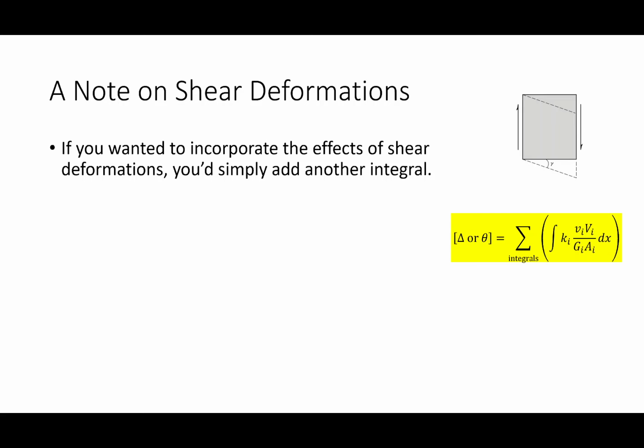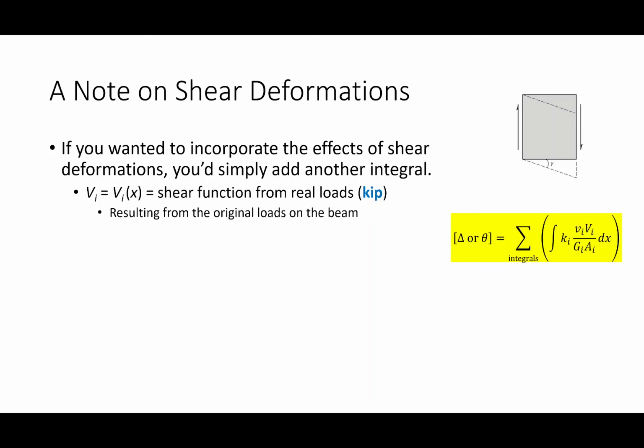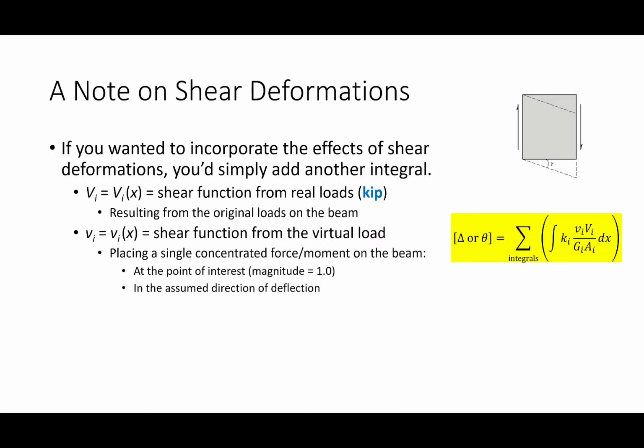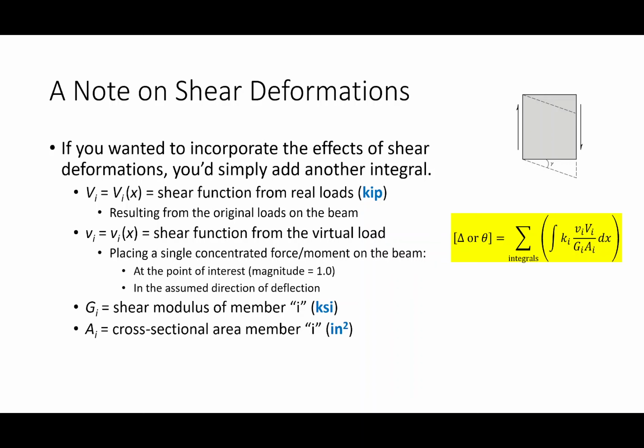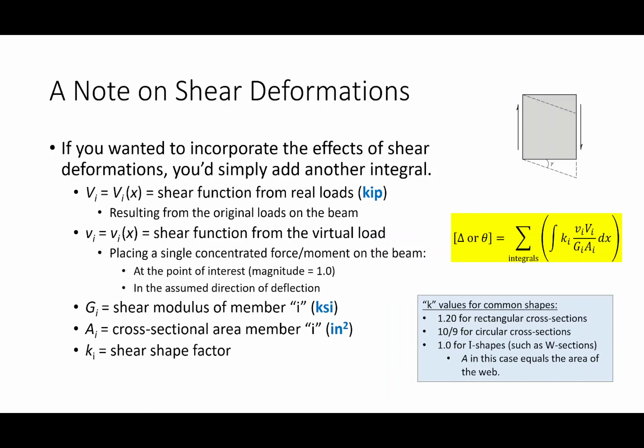Now, whenever you formulate shear, and I'm not going to make y'all do this, sort of an added section property gets thrown in, and you can derive what that section property is depending upon what your shape looks like, and we call that term K. But those are lookups, okay? So you would have a real shear function and a virtual shear function, same way we've been doing it this whole time. You would have the shear modulus, the cross-sectional area, and then what we call a shear shape factor. And again, you can look this up.